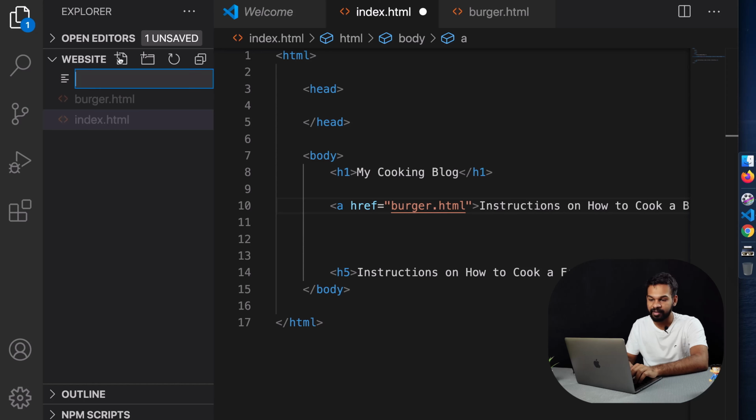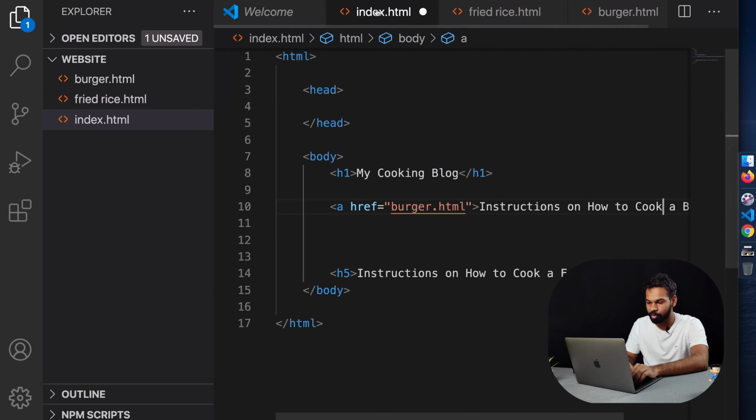Now we are going to create another file. The name is going to be fried rice. One more small thing I want to mention is that whenever you're naming files, there are two different things you can do. Whenever you want to add a space in between, for example, fried rice has a space, fried space rice. Now, if I go back and create another anchor tag, and say fried rice.html,